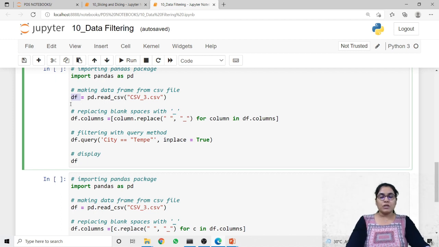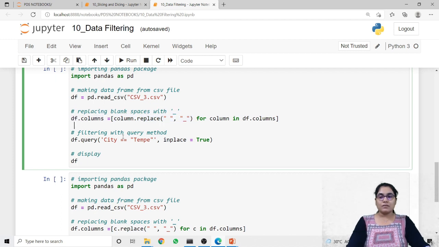Now I have to make sure that none of the columns in this data frame contains white space in their name. To replace this white space, I am using this for loop, in which I am considering the df.columns attribute. This will return the list of all the column names stored inside my data frame object. What we are doing is replacing this white space with an underscore, and for that we are going to use this for loop, that is for column in df.columns, column.replace white space with underscore, and I'm storing the result inside df.columns.